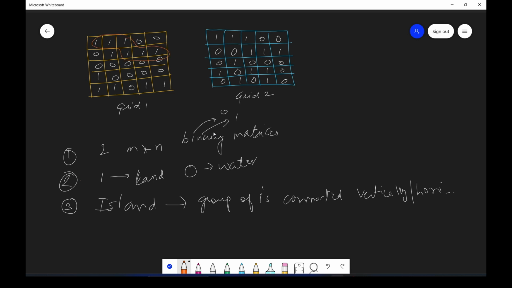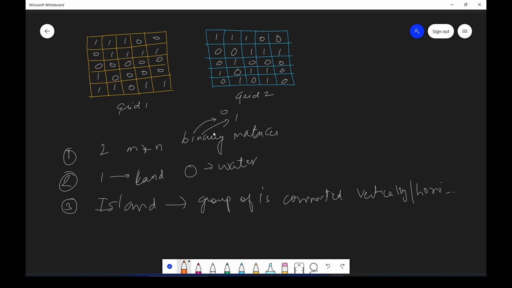Because it's connected vertically and horizontally. You cannot consider this an island because we cannot take it diagonally. It has to be either vertically or horizontally. So this is an island because here you go vertical and then you go horizontal. But taking this only is not correct.